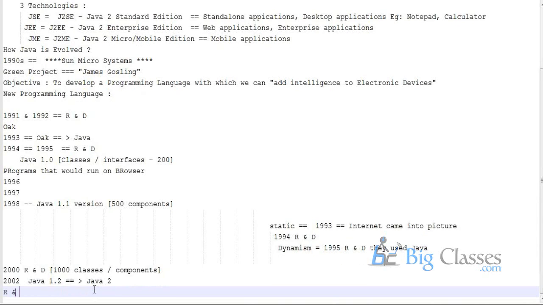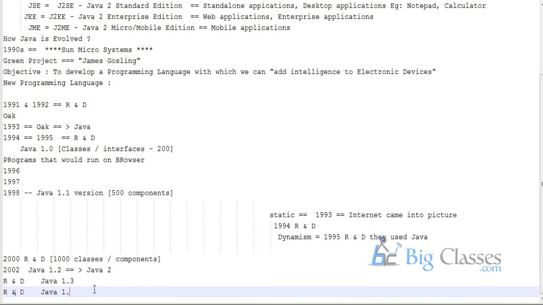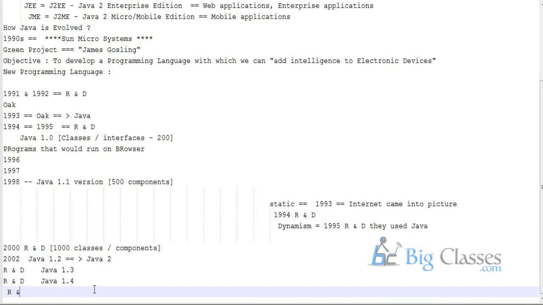Then the research and development went again. Slowly they released the Java 1.3 version. Again research and development went. Then they released the Java 1.4 version with more and more classes and interfaces. Then research and development went.